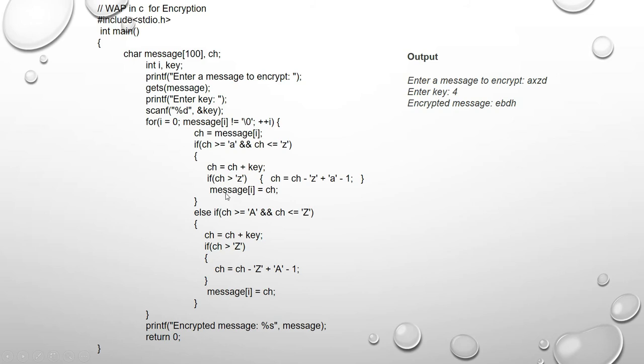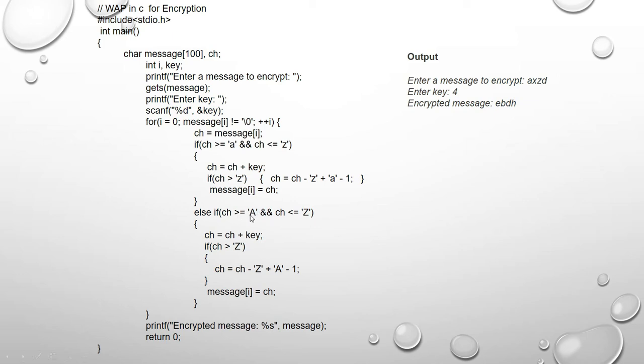Same, if the choice does not fall between small a to small z, it may fall between capital A to capital Z. So the next else if is there, for this if. The choice is greater than or equal to capital A and less than or equal to capital Z. Capital A value is 65, so to find capital Z, add 25 to capital A: 65 plus 25 becomes 90.